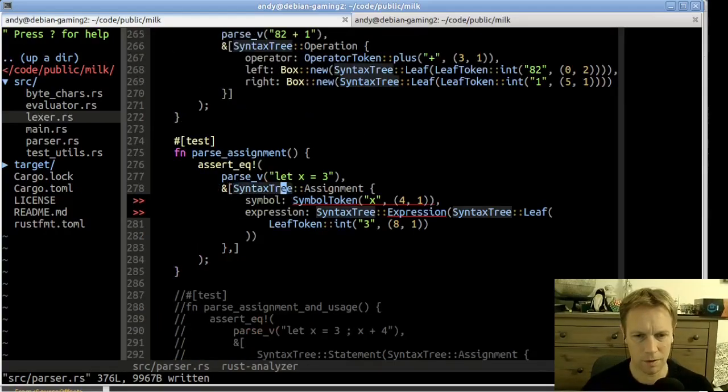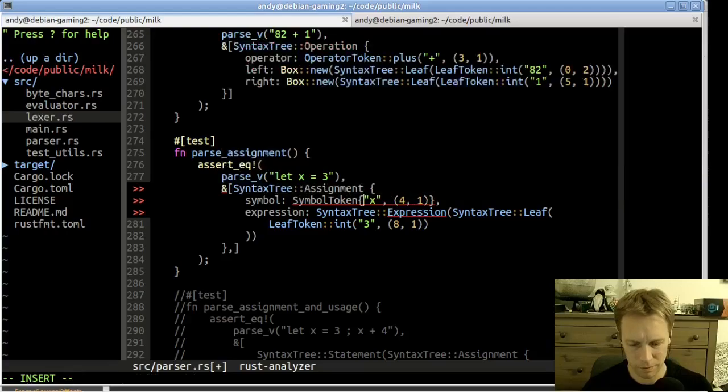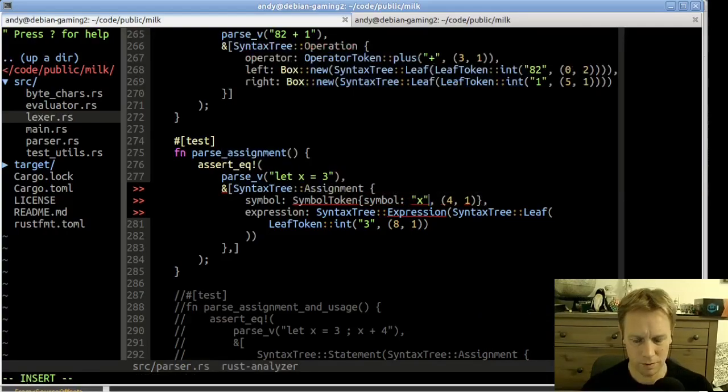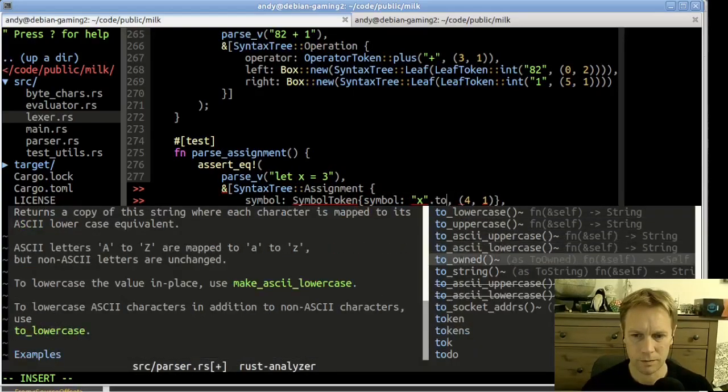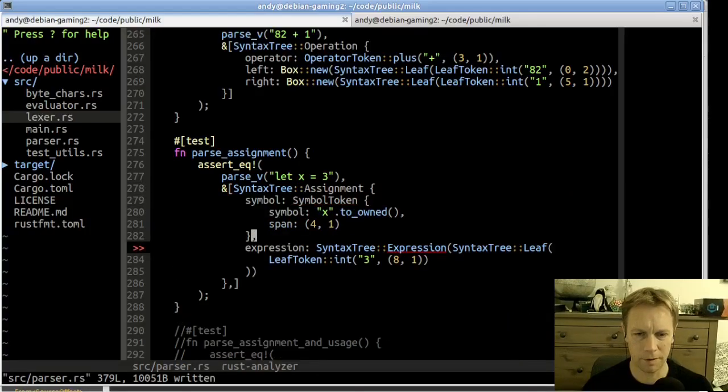Now what's it complaining about? Yeah, I've written this wrong. This should be, what did I say? Symbol colon x dot toOwned and span colon blah. Is that going to be good enough? Okay, it seems happy. And there's another thing here, which is an